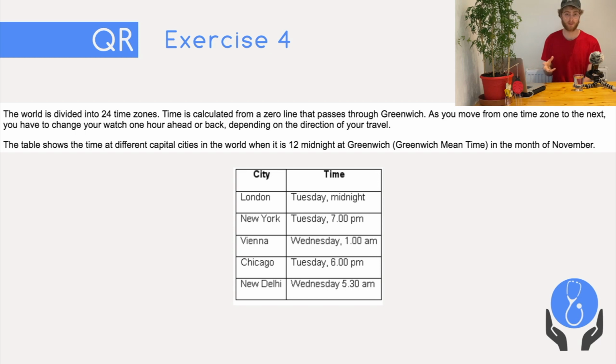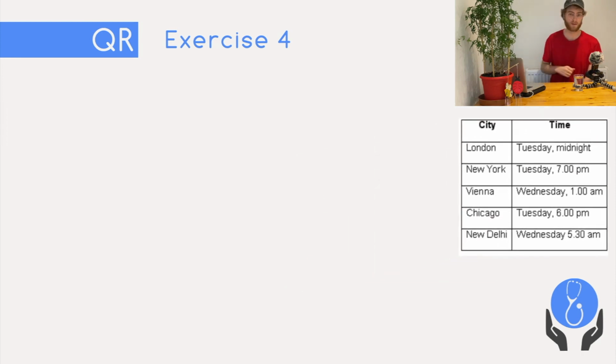If you paused the video and had a read, hopefully you'll have seen that in the text there's essentially no information that we don't already know. It's just describing how time zones work and talking about GMT. So none of that information is new and none of it is actually going to be useful for a question that comes up. Now, I wouldn't advise that you skip reading text in these sections, but what I want you to be aware of is if you read a section and decide that it doesn't contain any information, you can ignore that, and that means that the places where you're searching for information in your question is reduced, which again saves you time. So we'll get rid of this text and just leave us with the table and move on